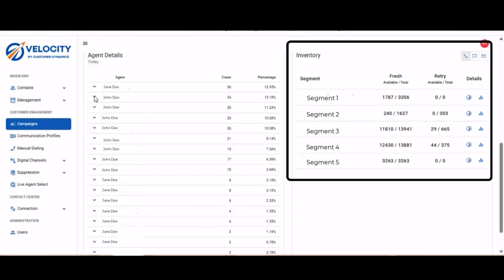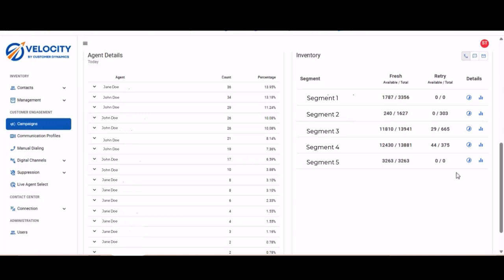To the right is our inventory section, which shows which specific segments are in this campaign and how they are performing. Here you see that the number available compared to the total is different. That is showing the number of contacts that are out of an acceptable call window or curfew. For retries, the available compared to the total number shows how many are still in a rest period from their